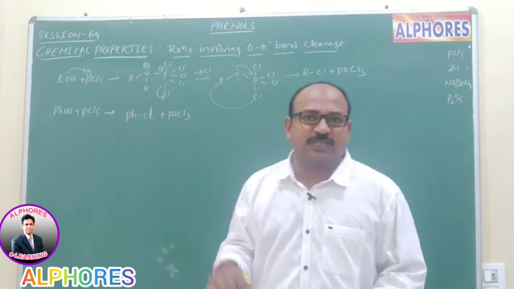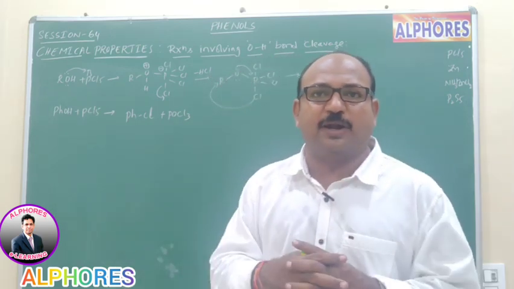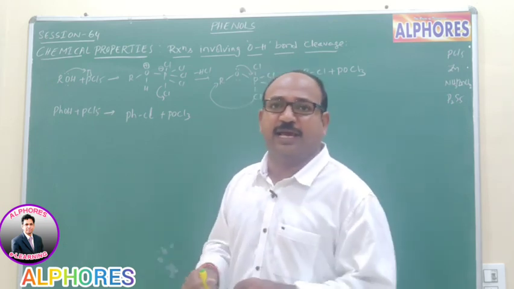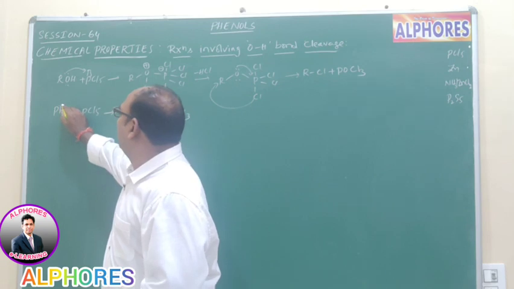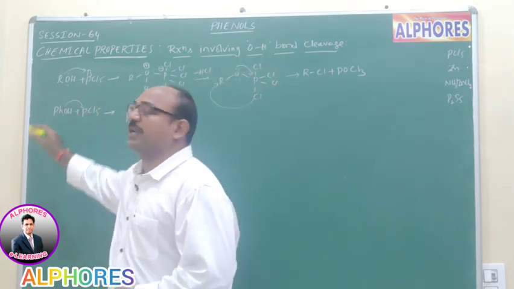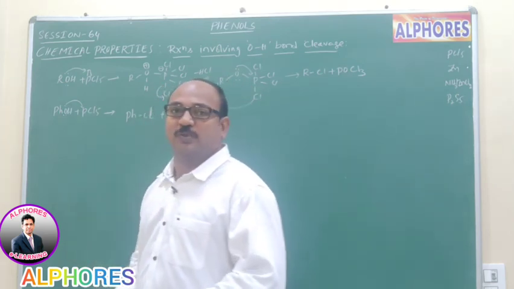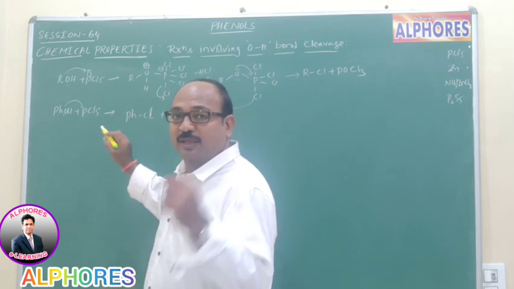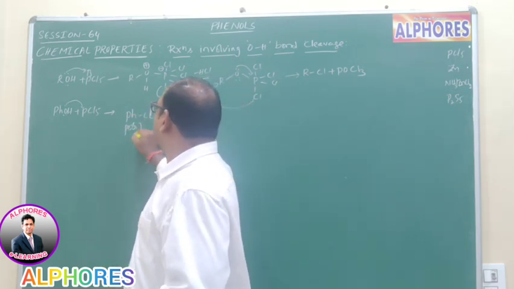In the beginning of the session we learned that it is highly difficult because of the carbon-oxygen partial double bond. Yes, that's correct. But here, whenever we are using PCl5, the oxygen's lone pair will be donated to the vacant orbital of phosphorus. That means the double bond character decreases, and the lone pair resonates with the phenyl ring. Hence, this reaction is possible. But here the yield is much poorer, so we are getting a poor yield of product.